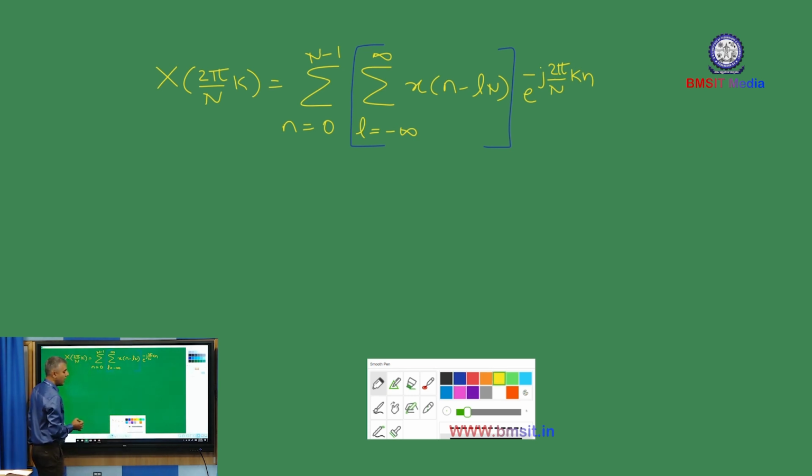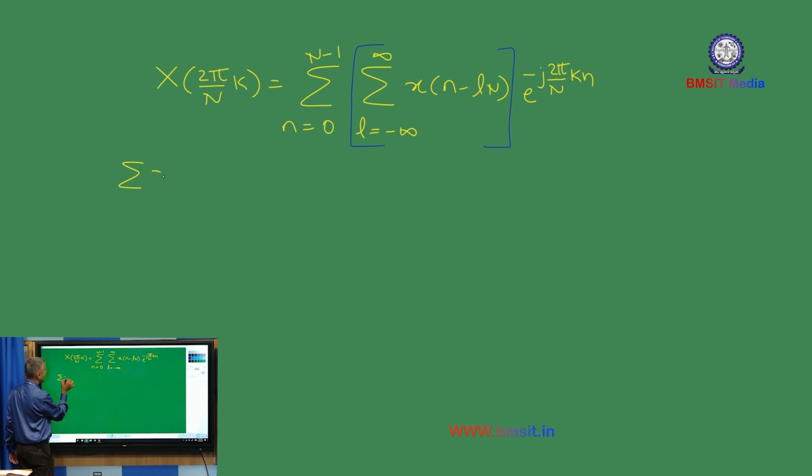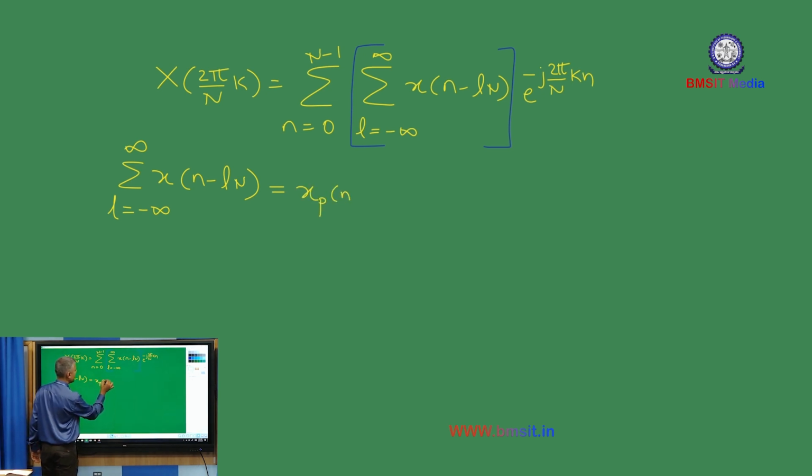This summation amounts to, if I were to represent this whole thing, the summation of x of n minus ln, l equal to minus infinity to plus infinity. If I were to write it as xp of n, what is this xp of n? If I were to represent the term in this blue bracket as xp of n, then we will observe that it is an